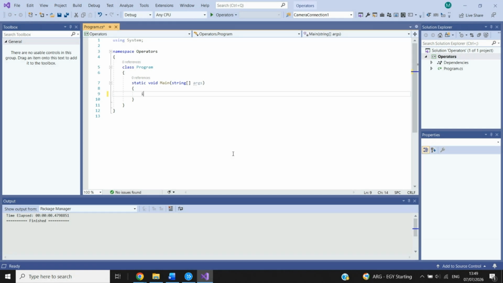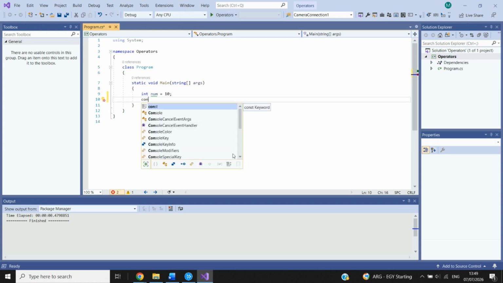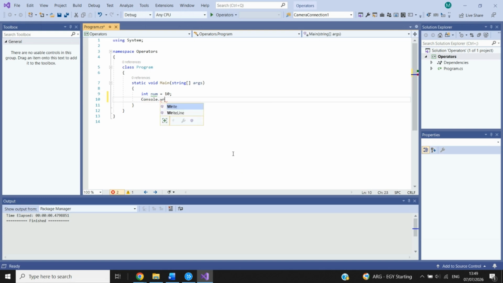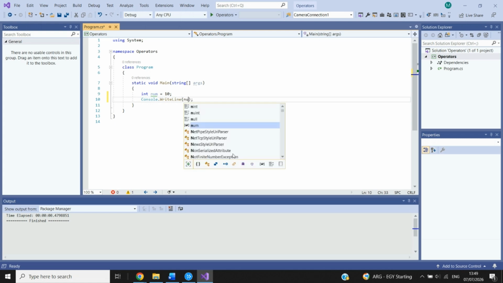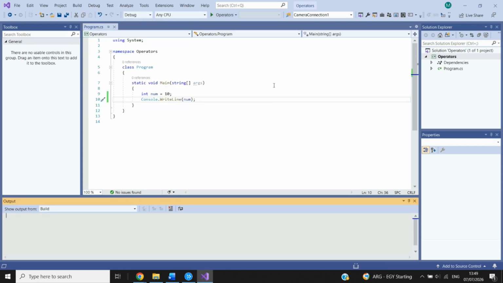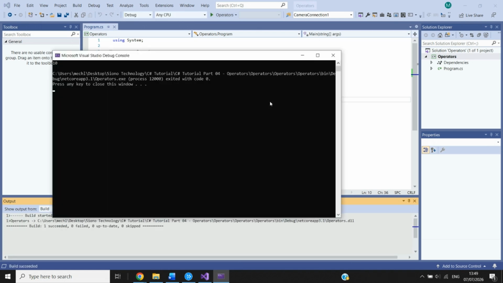If we type int num equals 10, what we are doing here is assigning the value 10 to the integer num that we are declaring. The value 10 will remain assigned to num until it is overwritten. We can confirm the value 10 is stored in num by typing Console.WriteLine and placing the num variable inside the brackets. We can then run the program. We can see that the value 10 is displayed on screen, which is the value that we assigned to the